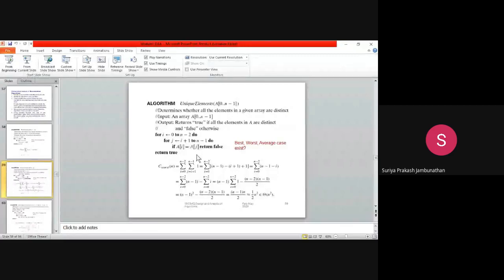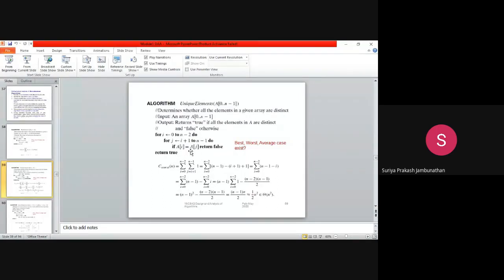The condition is false. So what happens? It will not execute this one, it will just do this. It will just return true. Next iteration, it will go here and iterate the inner for loop. So in the inner for loop, the I value will be incremented. Last time it was 1, so 1 plus 1 is now 2. So A of I will remain 0, equal to A of J, which is incremented to 2.